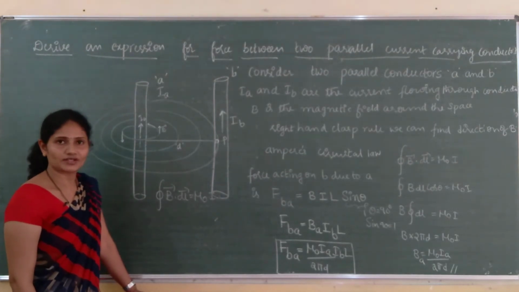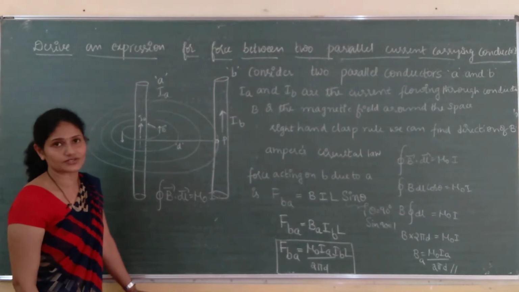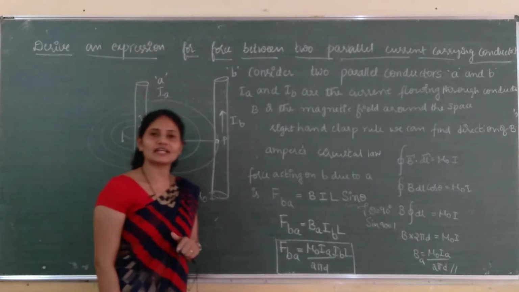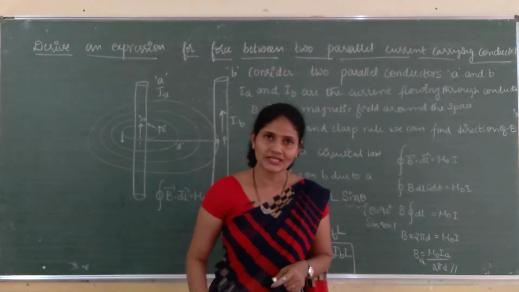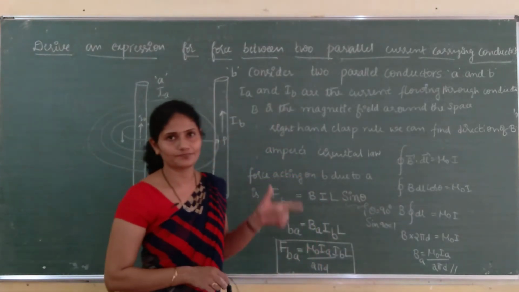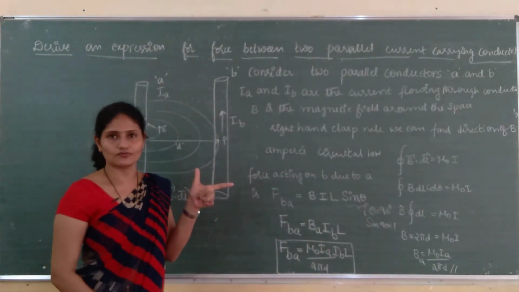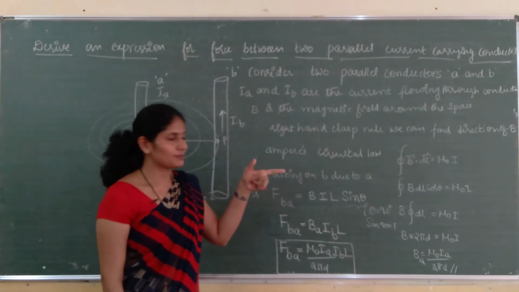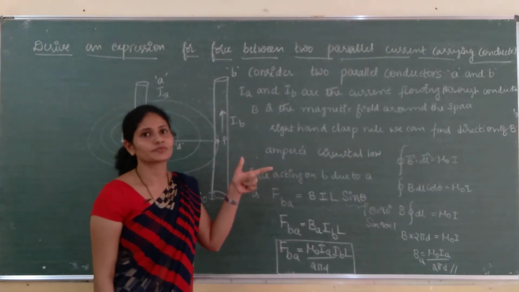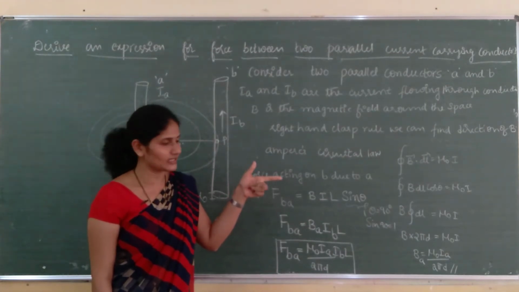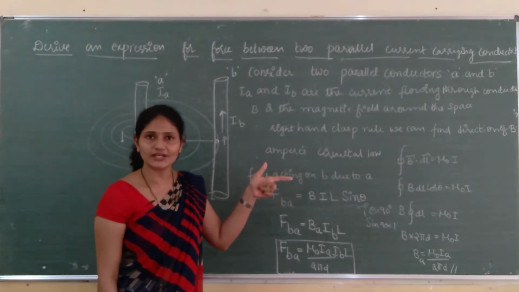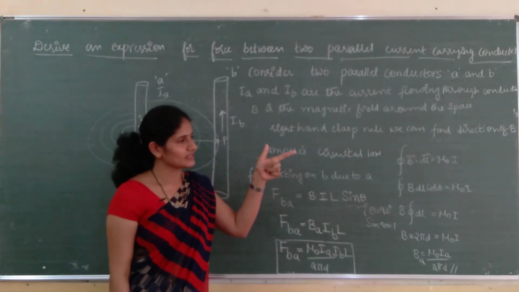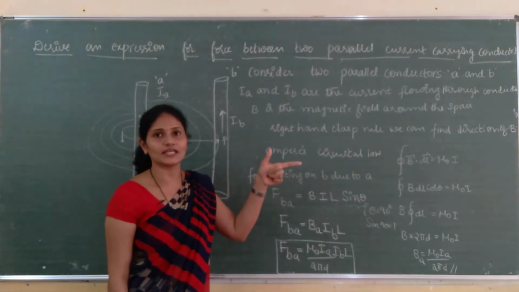Force is a vector quantity. Let us see the direction in which the force is acting. In order to find the direction of force, we have to use Fleming's left hand rule. For that, we have to stretch the first 3 fingers of the left hand. The thumb gives the direction of force, the forefinger gives the direction of magnetic field, and the middle finger gives the direction of motion of the charge, or the current. So, this is B and this is F.